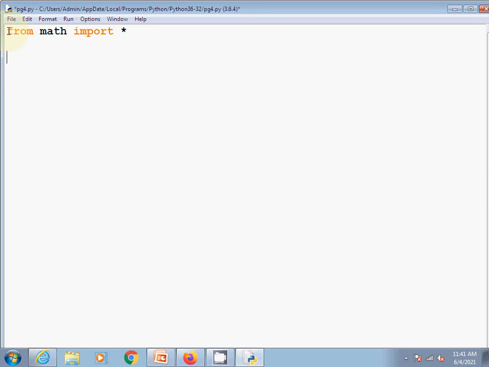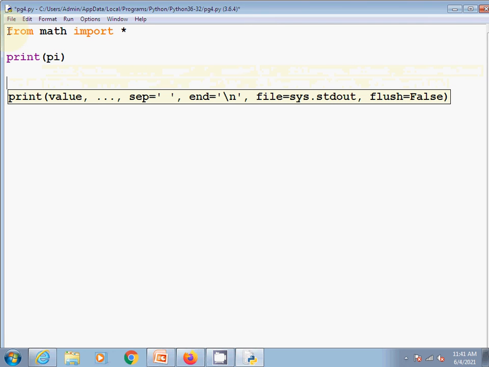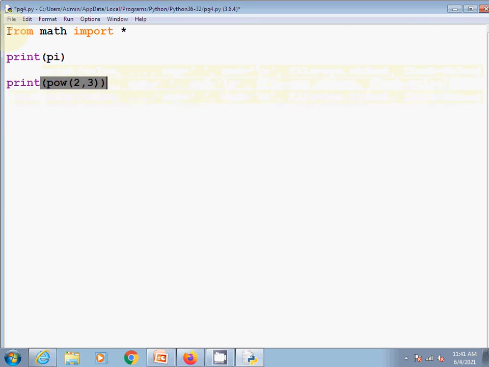Like print pi, like print pow, like print sqrt of 9.